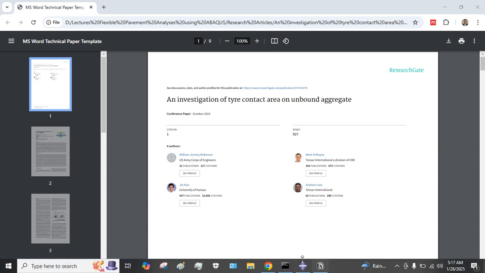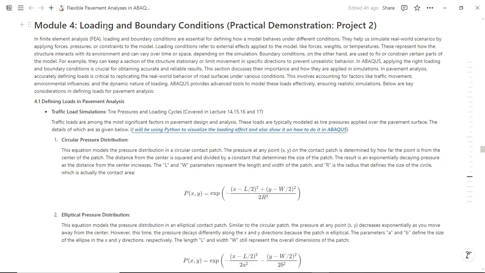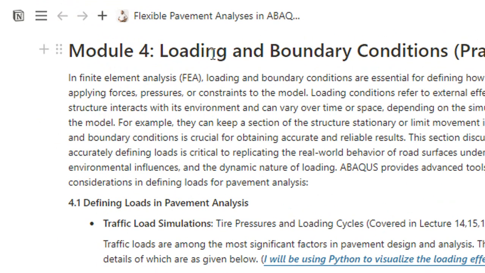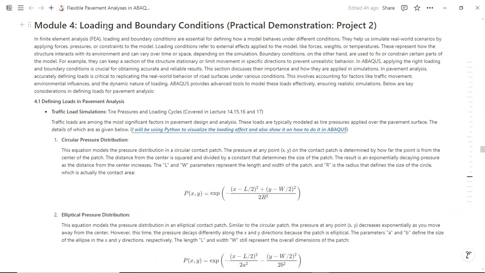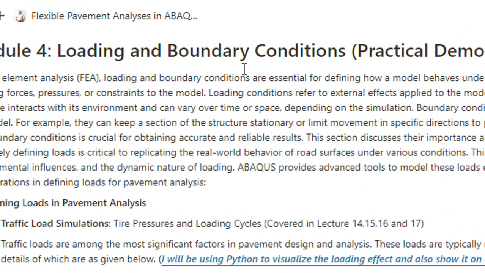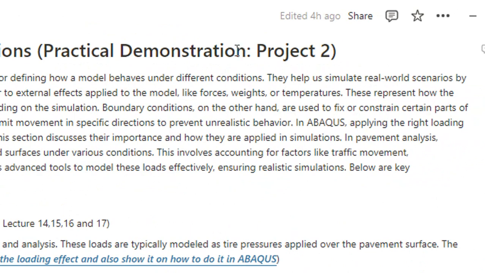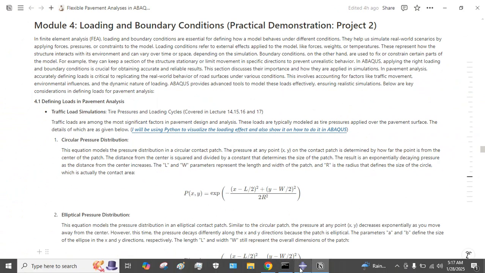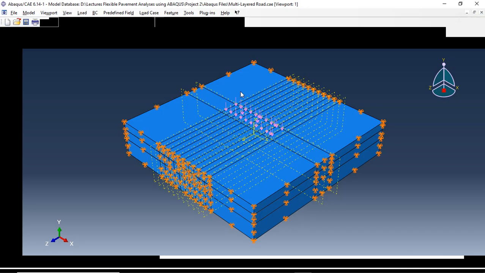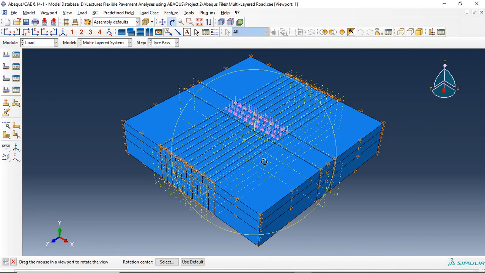Okay, so now I'm at module 4, and this is totally on the discussion of loads and boundary conditions, and this will cover the project 2. I already have opened the project 2 file that is visible here, and